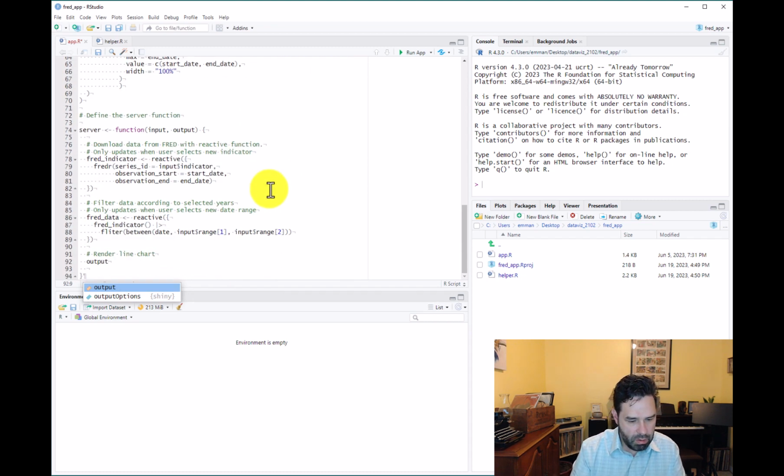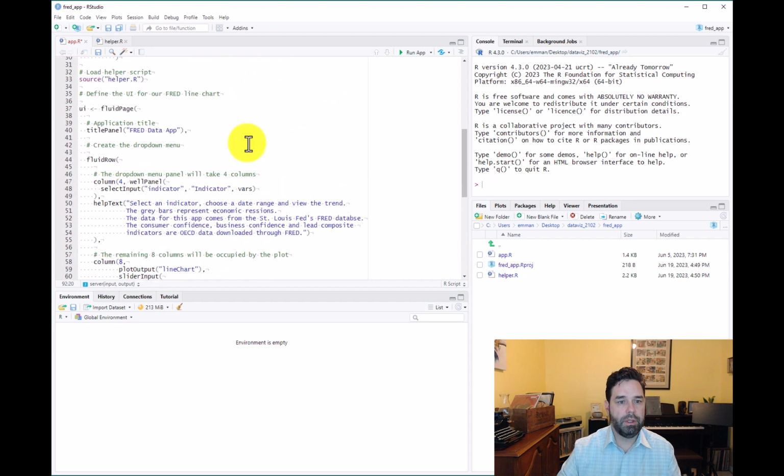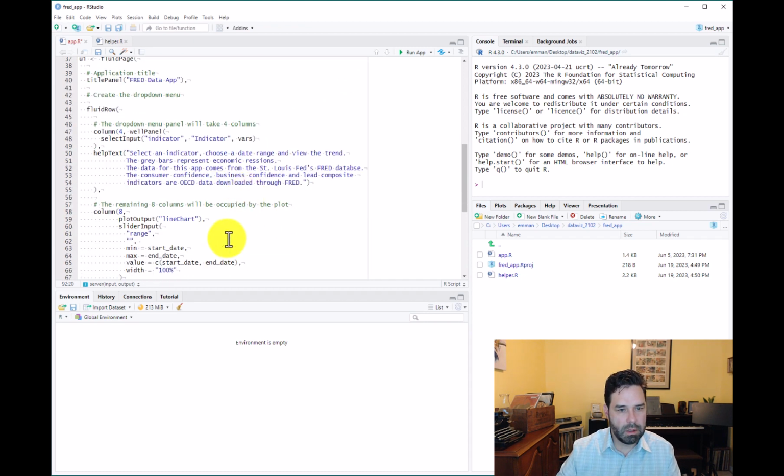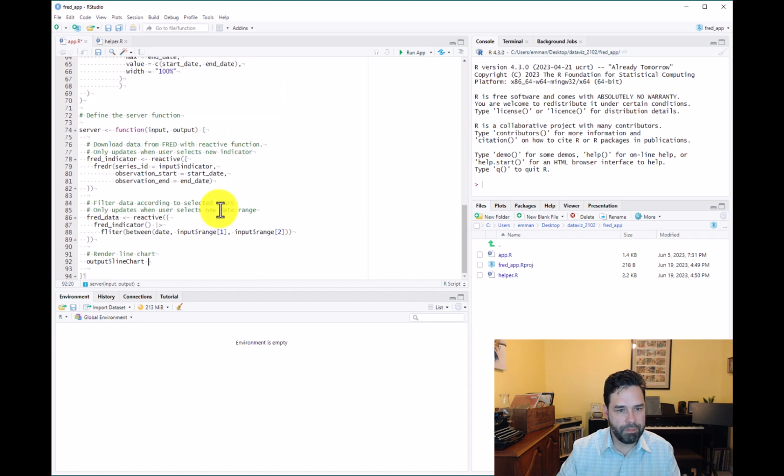We already said we're going to call it line chart up here when we built the UI, right? Line chart. And then we're going to use a render plot. And render plot is going to be listening for this reactive data. Okay, and then from there we are going to